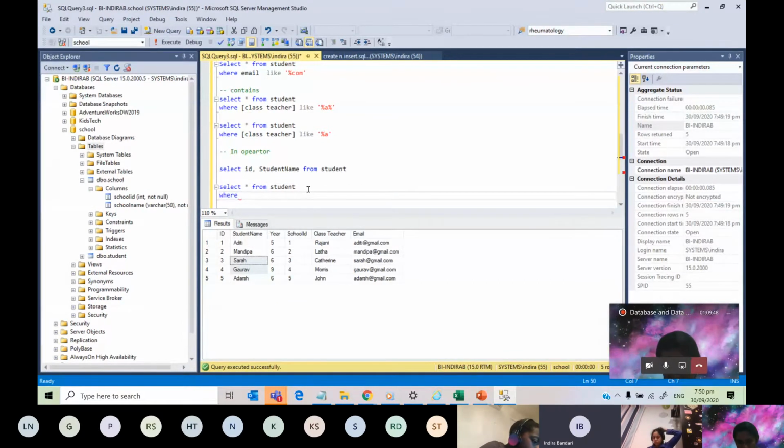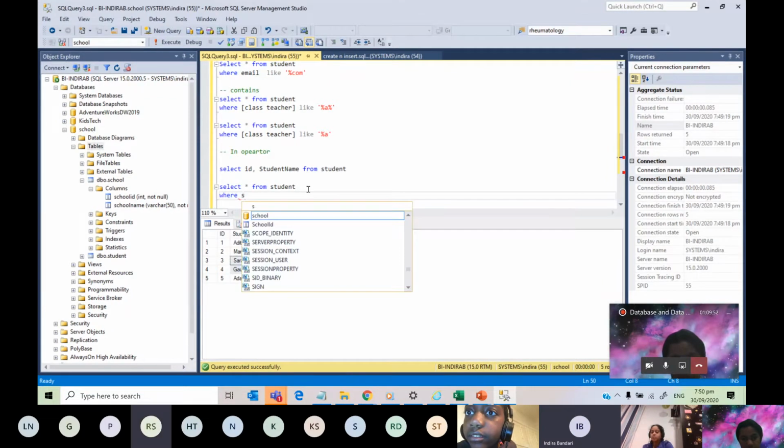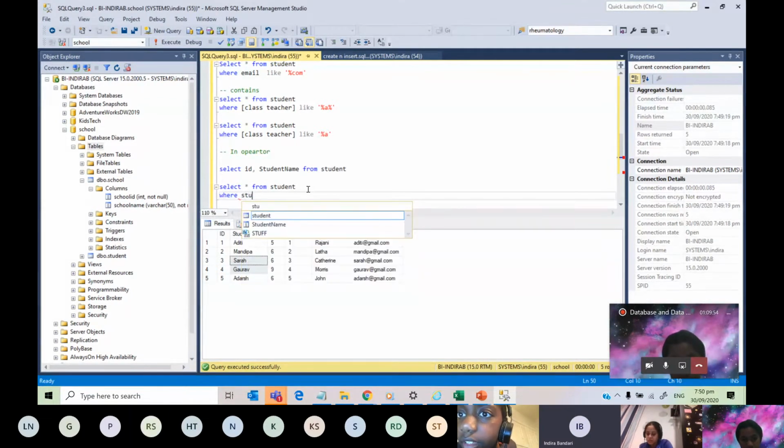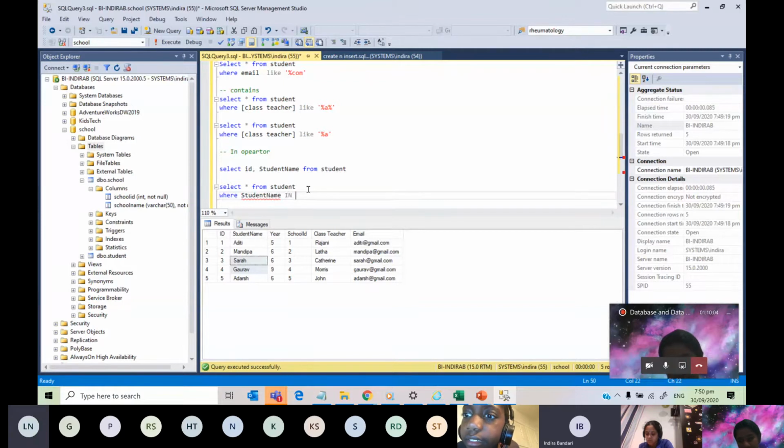who will tell me what I should type next? The column name. Yes, the column name is student name. Then we use the in operator. The in operator always uses brackets, not the square brackets, but the ones that are with 9 and 0.